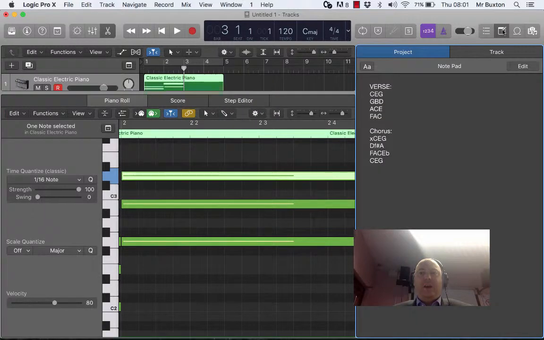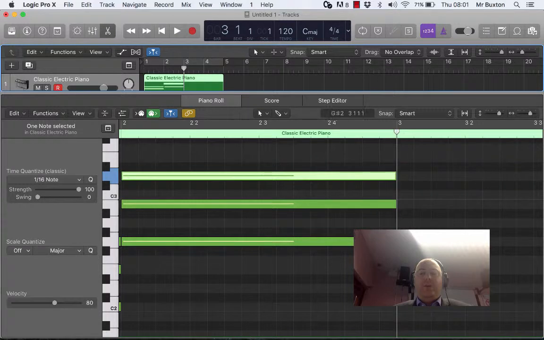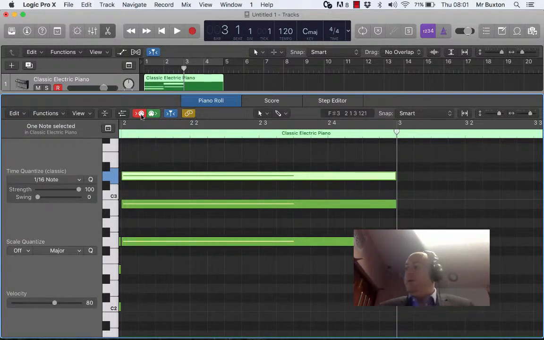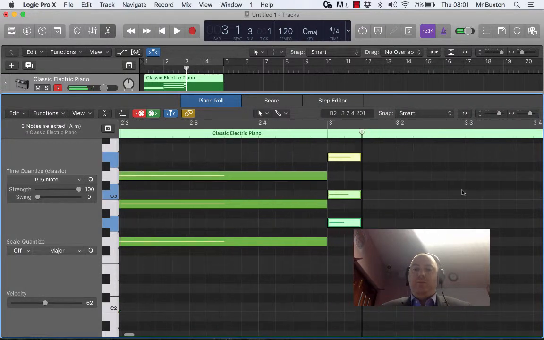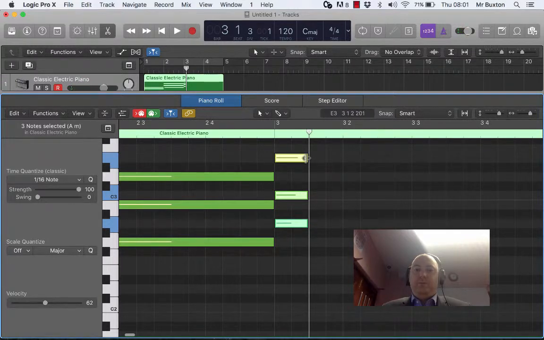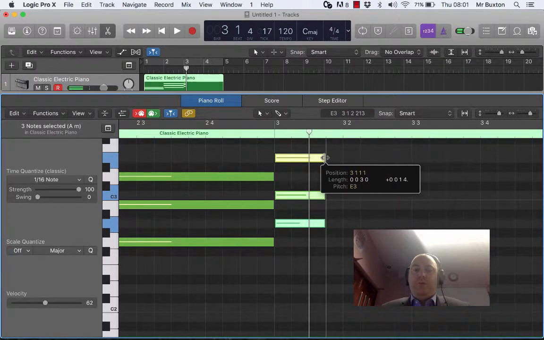so I press my G B D here, well the next chord I want is an A C E. Now I know where the notes are on a piano, and if I just press this button here, it allows us to do what's called a step input. So if I press A, C and E on the piano, it will put the notes in like that. So if I make them longer now, so if I want to do a different rhythm maybe,